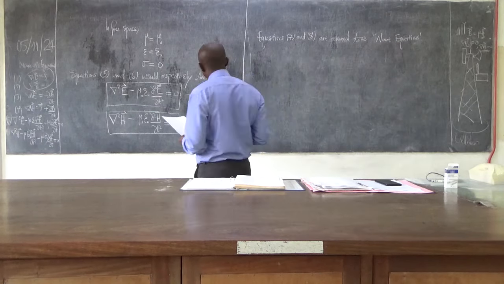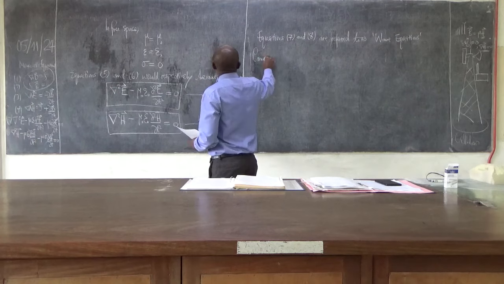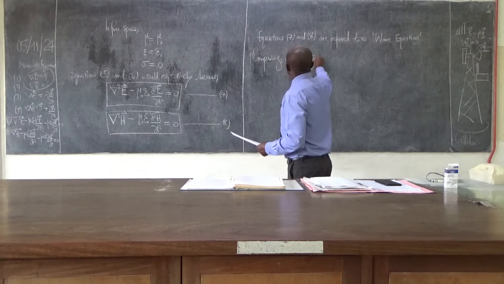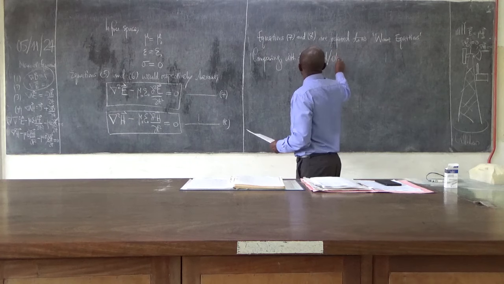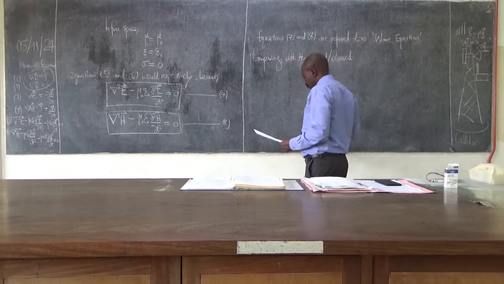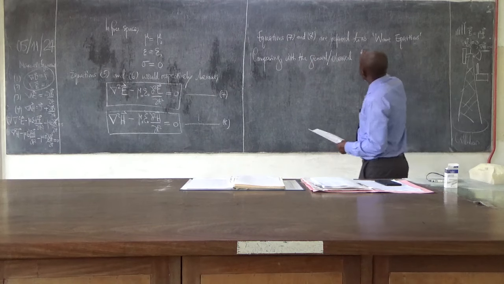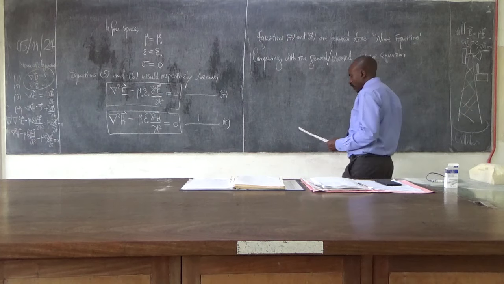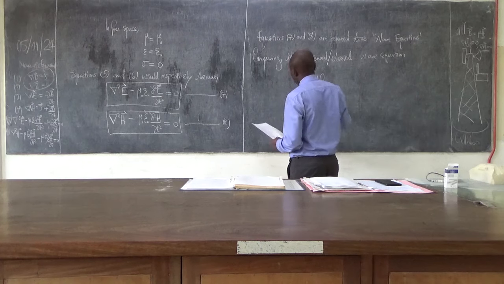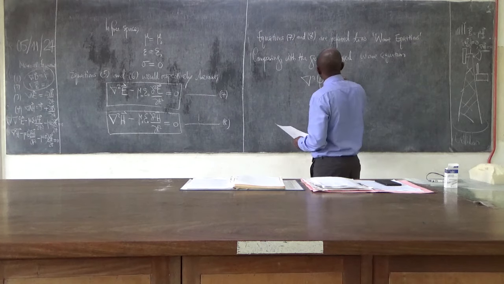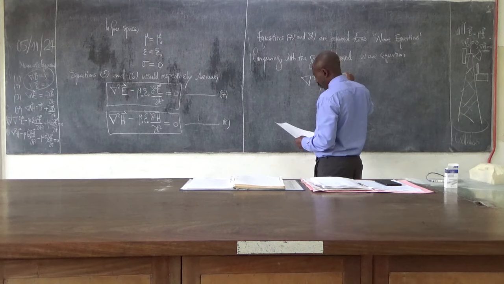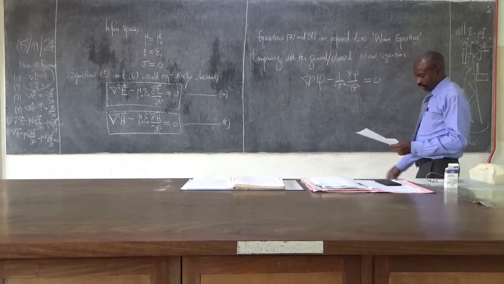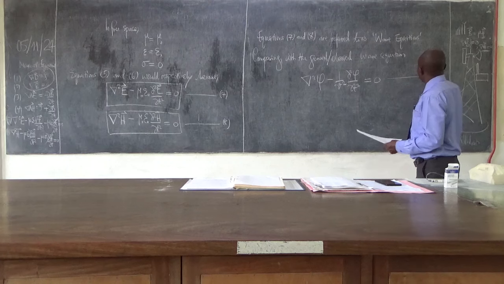So comparing with the general, or what we normally call the classical wave equation, the one which we did in classical mechanics, which we can state as grad squared phi minus 1 over v squared ∂²phi/∂t² is equal to 0. And if this is taken as equation 9,